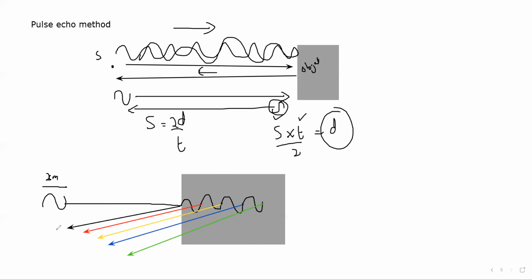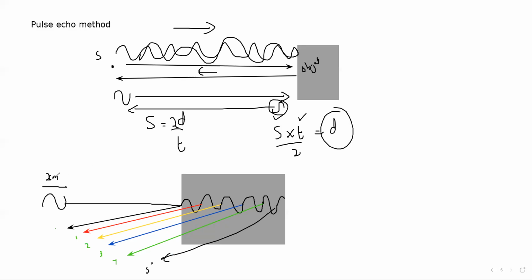So how many points are we getting? We are getting 1, 2, 3, 4, and there will be a fifth one as well, which I did not draw. When it completes, it will also bounce back. So within the object, we are getting 5 points. So we are getting a detail image of 5 vibrations.